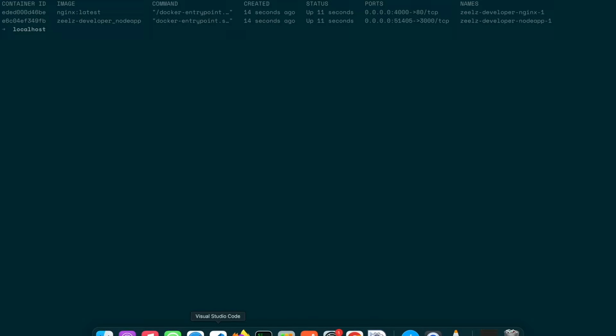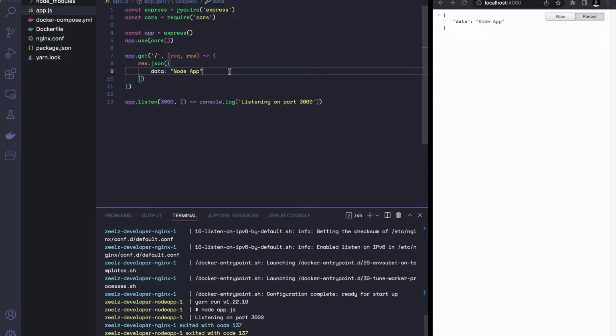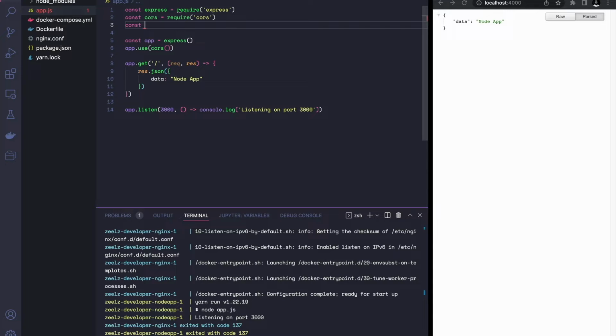Now to do that, let's add something to our file. So we'll come here. Now we can get the OS name, the server name, or the server that is running our application in Node.js. We can access that from the OS module. So let's come here and say const os equals require os. So with this OS module